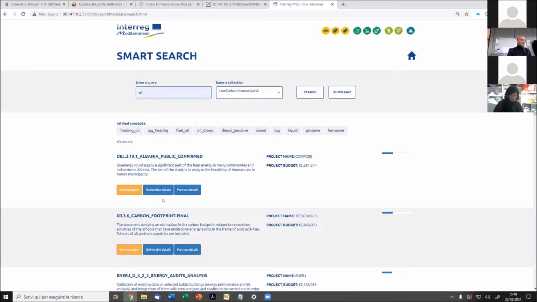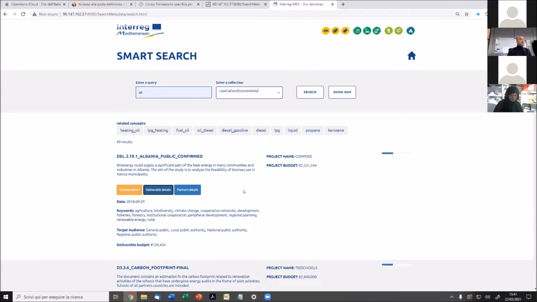Now, if we take a look at this list of results, we can see that for each result there is the name of the document returned by the semantic search engine, a brief summary, the name of the project to which the document belongs, and the overall budget allocated for the project. We could ask the system to show some metadata associated with each document. In this case, we have the date of production of this document, some keywords, target audience, and also the budget